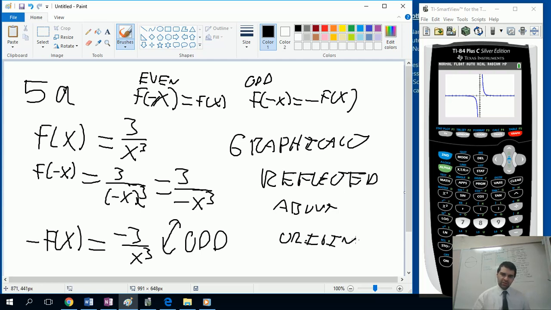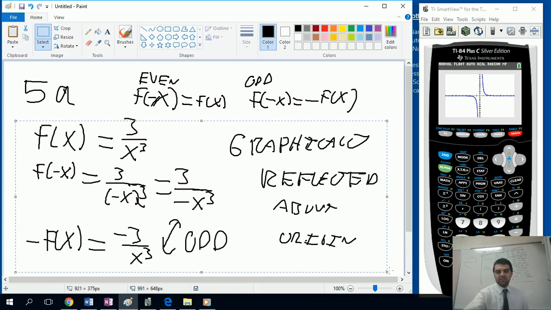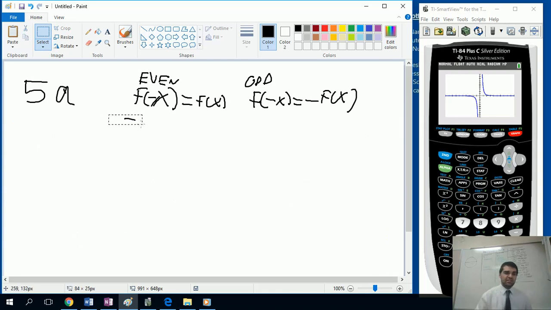A simple way to do this is just to plug in 1 and negative 1. If you get the same answer, it's even. If you get the same answer but they're opposite signs, so positive and negative, then it's odd. If it's completely different answers, then it's neither. So 5